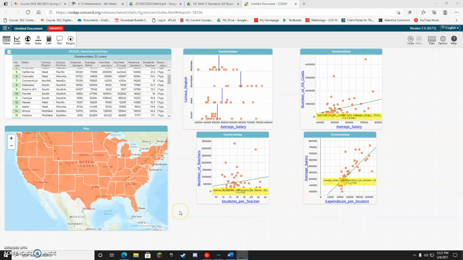Hello, class. I decided to analyze the data pertaining to the state of U.S. education in 2015 that was on the instruction sheet. So some standards that this problem pertains to are